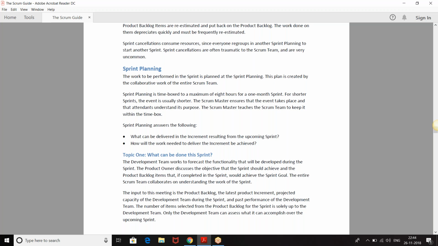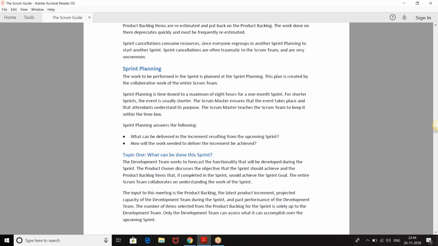There are a lot of people who will tell you that if it is a 1 month sprint, it is 8 hours, and if it is a 2 week sprint, the planning has to be 4 hours. There is nothing like divided by ratio or any kind of proportion. The maximum is 8 hours. What do I mean by a 1 month sprint, 8 hours? If there is a 1 month sprint, you can take 8 hours to plan everything. What is your sprint goal? What is your business objective? You can come up with the functionality that you're going to implement